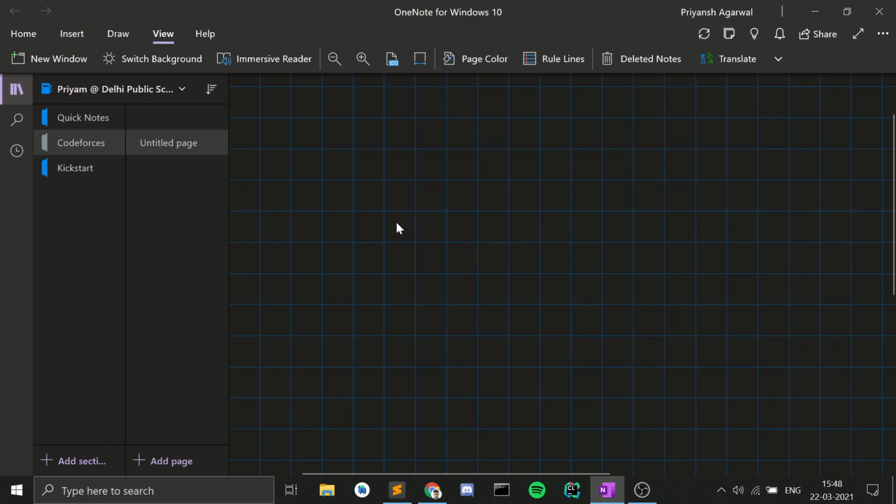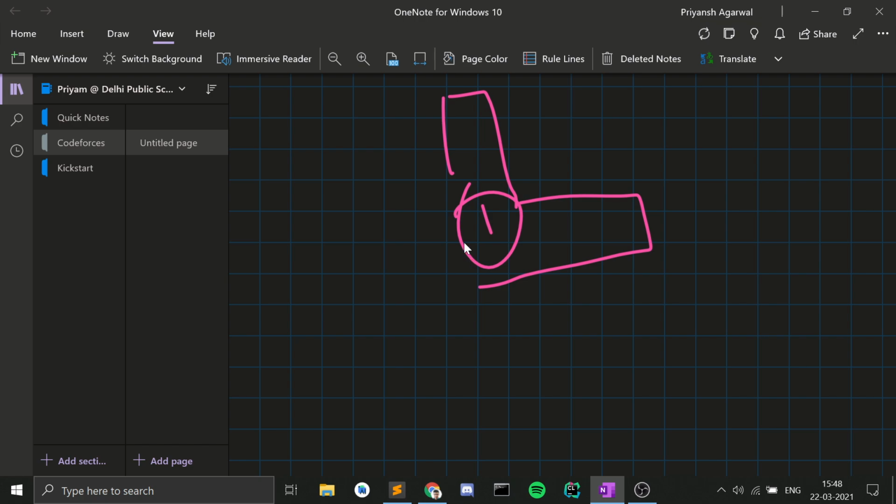So let's look at this problem like this: instead of finding all these L shapes, can I consider my question like this? If I am standing at a point and it is a 1, then how many L shapes are there such that this point is the intersection point of the two segments that form those L shapes. So if this is an L shape and I'm standing here, if I can calculate the number of L shapes such that this point is the intersection point of these two segments, then I can just add those many L shapes to my answer, right? Because this intersection point will be unique for every L.